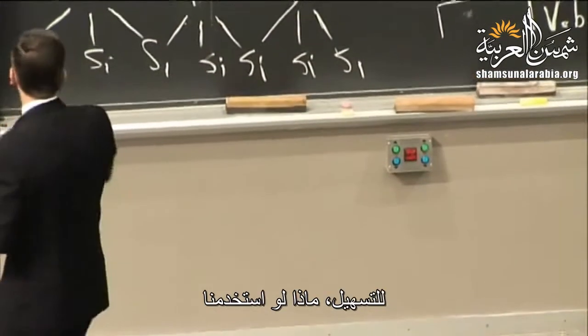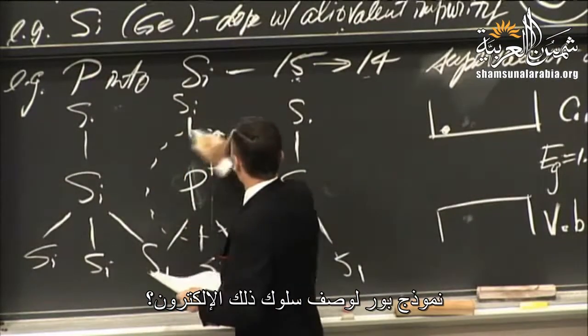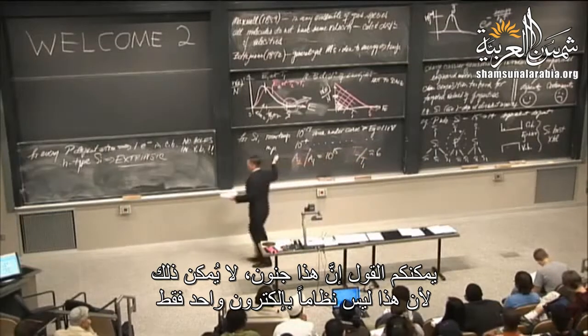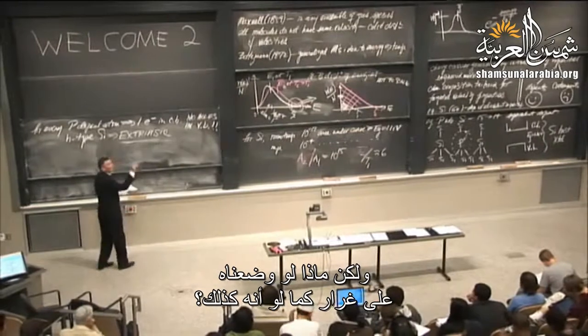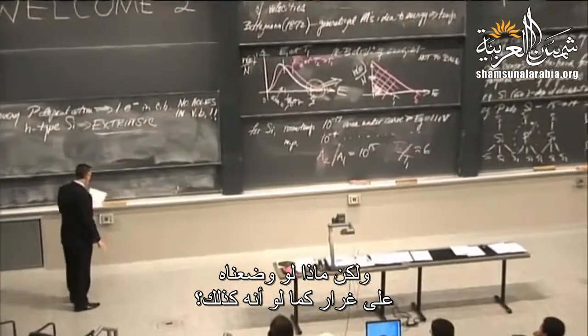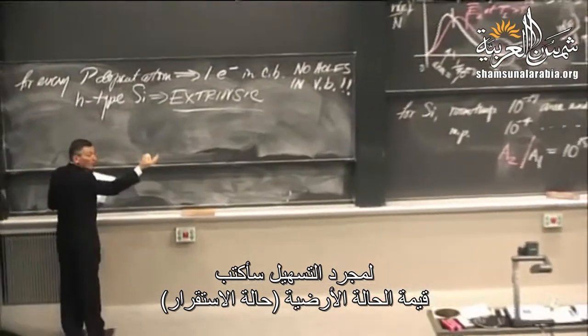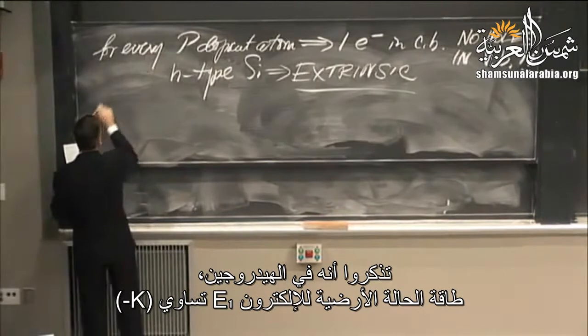Bohr model. Just for grins and chuckles, what if we were to use the Bohr model to describe the behavior of that electron? You can say it's crazy, that doesn't make any sense, because that's not a 1-electron system. But what if we modeled it as though it were? So what happens is, I'm going to just for grins and chuckles get a sense of what that ground state value is, and recall that in